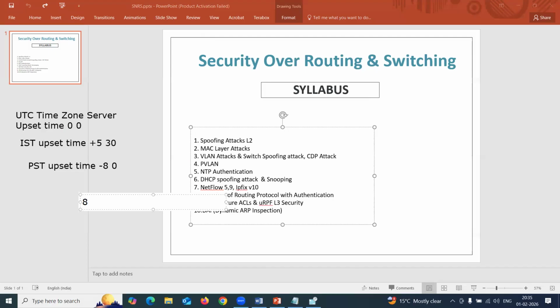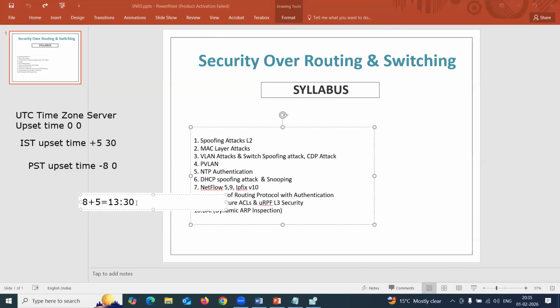So 8 plus, and from UTC plus 5:30 is there, right? 8 plus 5 equals 13, right? And 30 minutes. So 13 hours, 30 minutes is the difference between